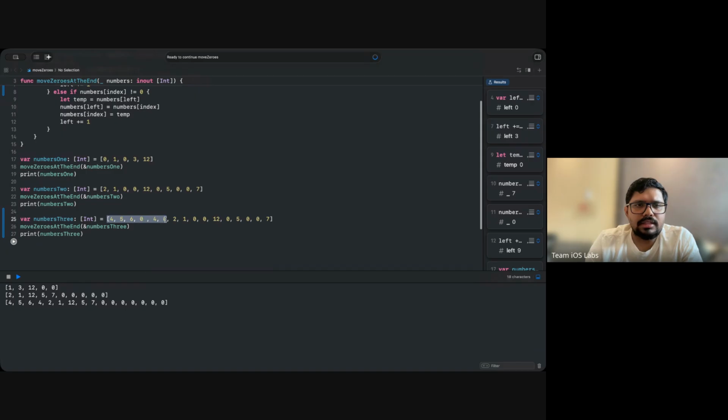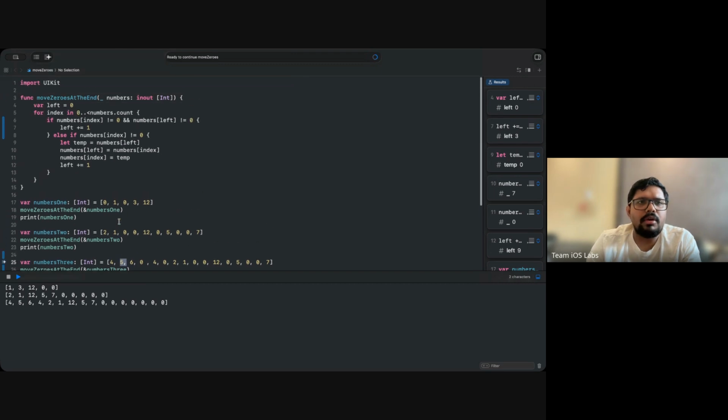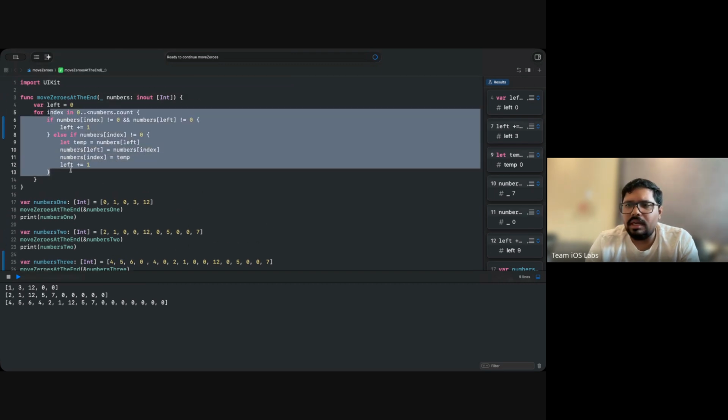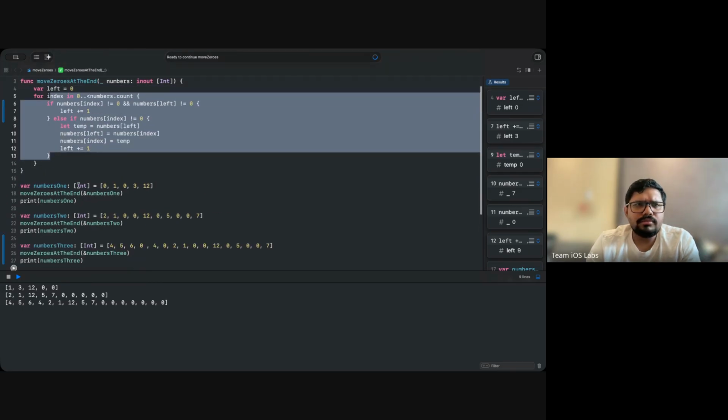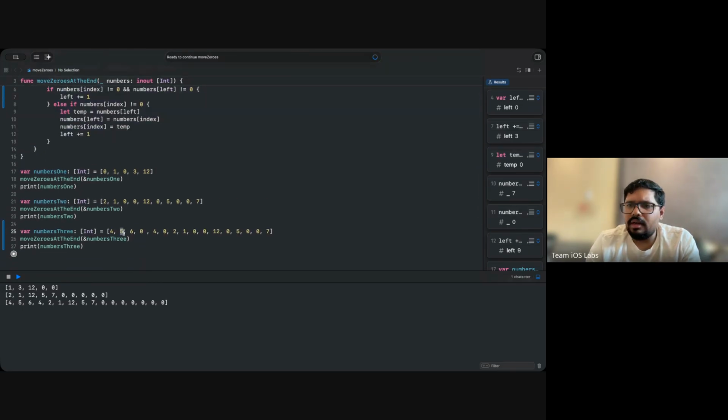So what happened in this case? Your left is a non-zero element and right is also a non-zero element, which is basically both are 4 right now. So you simply increment the counter. Then your left is at the 5 and right is also at the 5, because in the for loop the right is automatically increasing by 1. Both are non-zero elements, so no need to swap. Again proceed, meaning continue. Then again 6, both are non-zero, again proceed. Then once you find the zero element, then it makes sense.